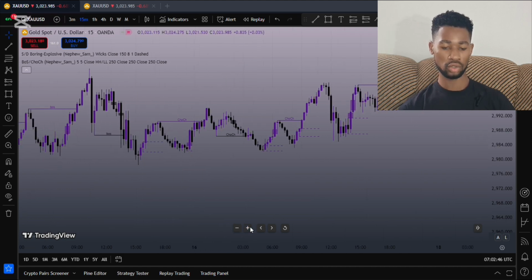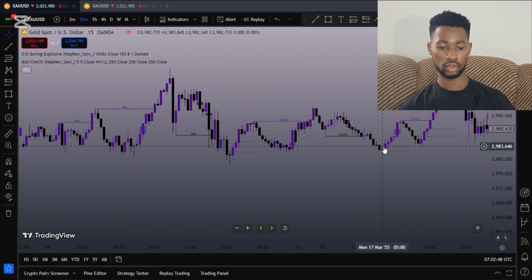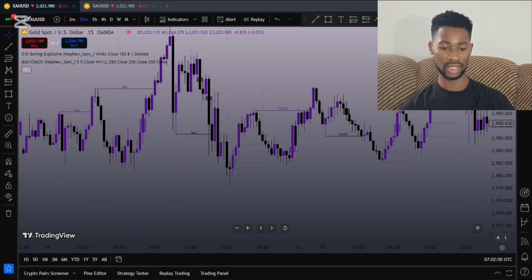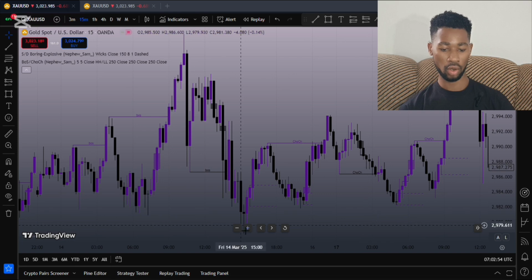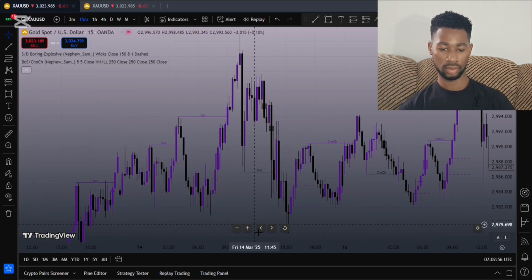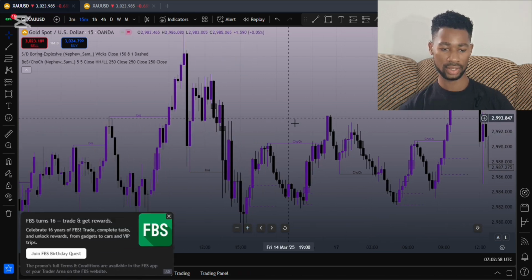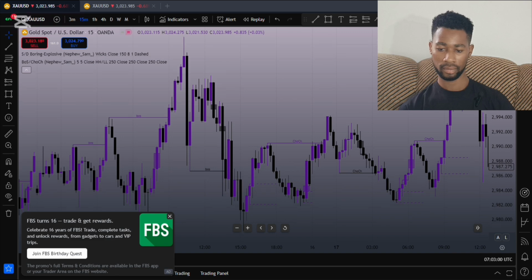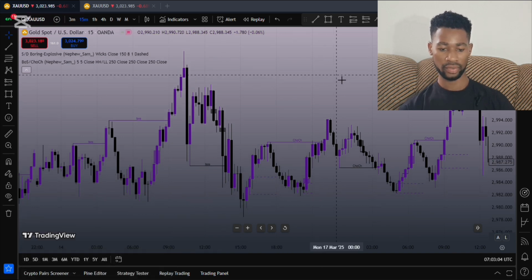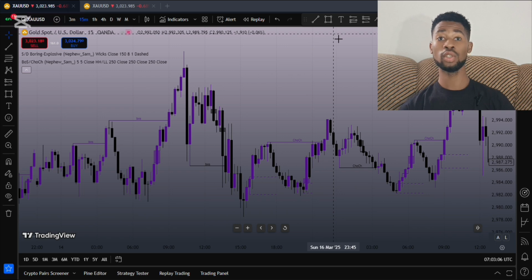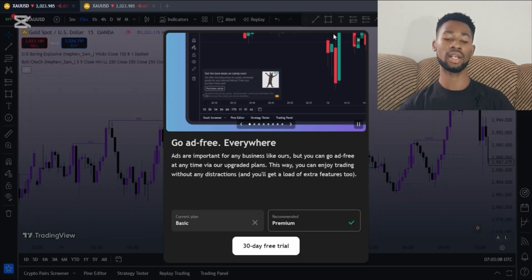All right, so now we want to zoom this in like this so we can get a clearer picture and then mark our analysis to trade off from it. Okay, let's make this bigger like this, maybe too big. Perfect. So the first thing you want to do as a supply and demand trader is mark out your zones,